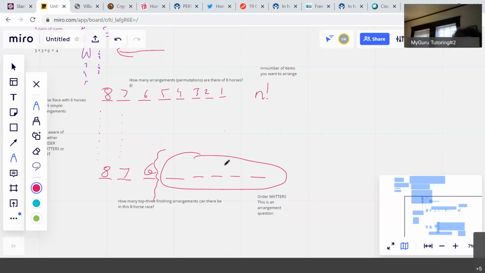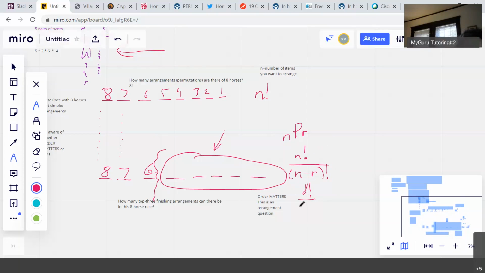Now, what that looks like formulaically, there's a couple ways. Some of you may have seen this expression, NPR. Is anybody familiar with that? What that basically means is how many ways can you arrange an R group size out of N total items. Now, as a formula, you start with N factorial, but now we have to restrict it, because we need to divide through by everything that you don't want to count. Things in the denominator help to restrict. So that's going to be N factorial over N minus the group size factorial. So here you end up with 8 factorial over 8 minus 3